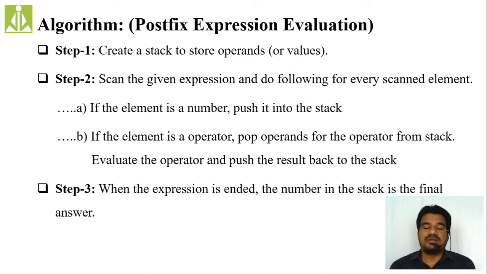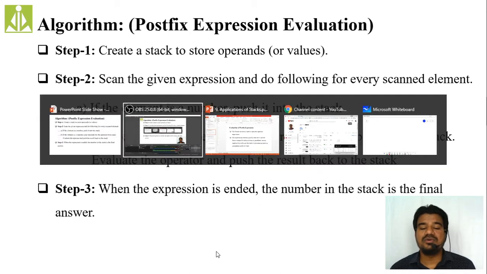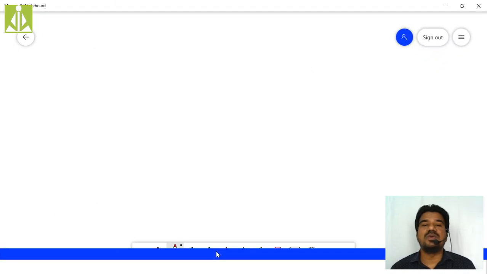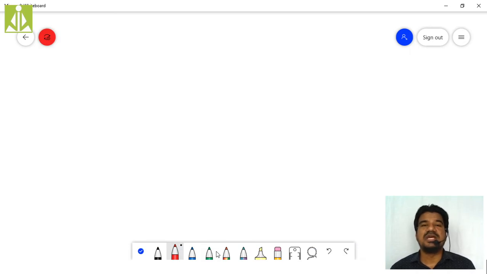Moreover, whenever we are talking about expression evaluation, the evaluation will be done only with numerical values, isn't it? Giving an expression with variables, without values, and expecting it to be evaluated, is it possible?